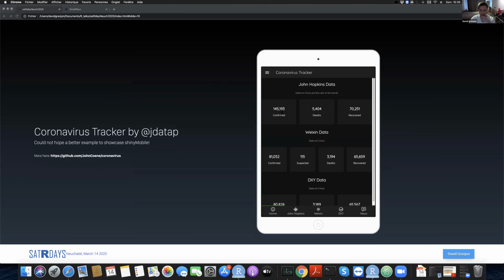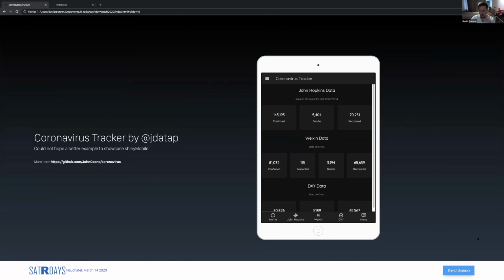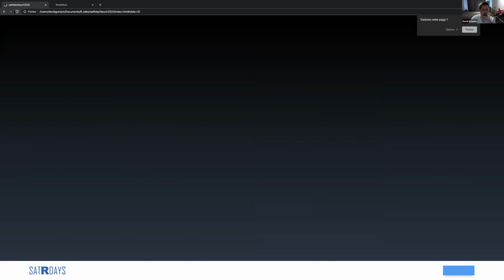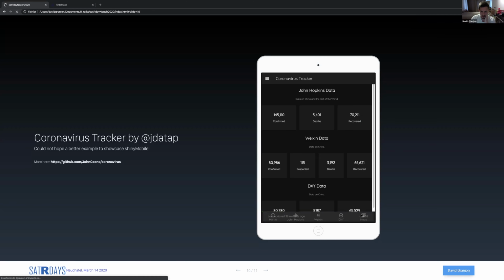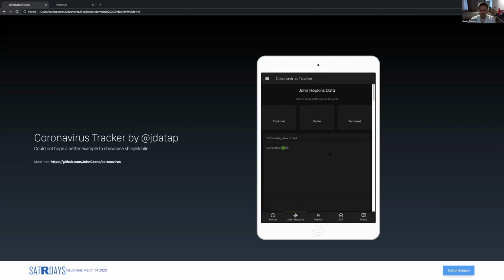But essentially, this is an application I built to track the coronavirus using shinyMobile. So maybe just David, if you can hit the John Hopkins tab so that we can show some. Yeah, I will reload the application. Well, hopefully it's not too slow. Yeah, that's a toast there as an example. There was the loading screen, and then